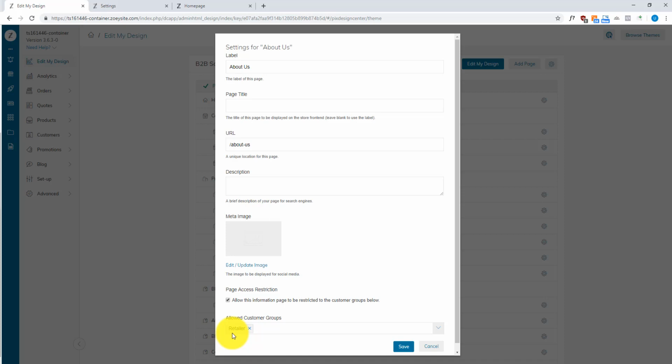that Zoey is a very flexible software, and our architecture allows the software to mold to your business and not the other way around. So I hope that you learned something about customers and customer groups within the Zoey platform,